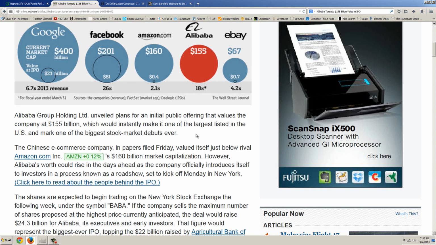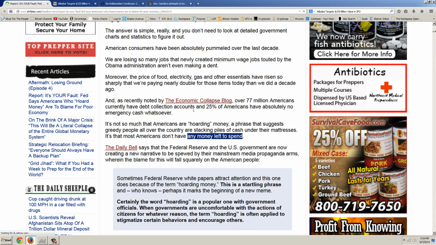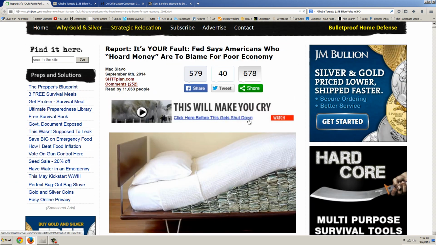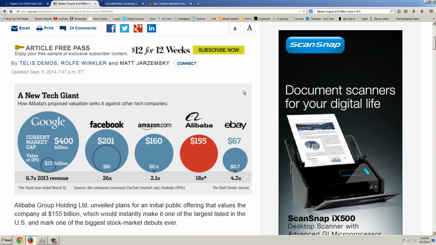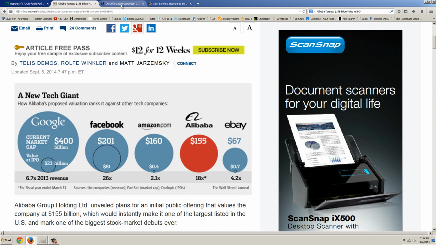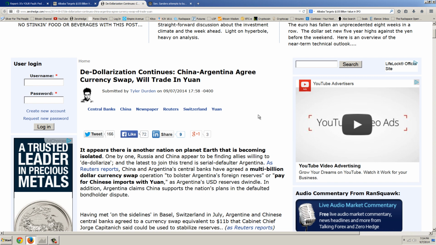Now, how can that be? Well, the way that that can be is, imagine if you had 1 billion online consumers who had money. Not like Americans who don't have any money anymore, even though the Fed says they do, accusing them of hiding under their mattress. But the fact is that they're broke. But the Chinese are not broke. The Chinese have a lot of money and they're getting more money. There's more proof.